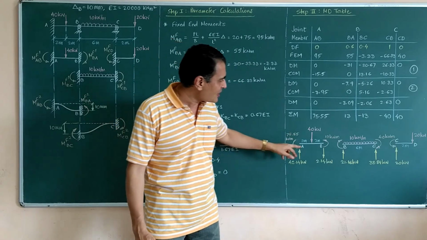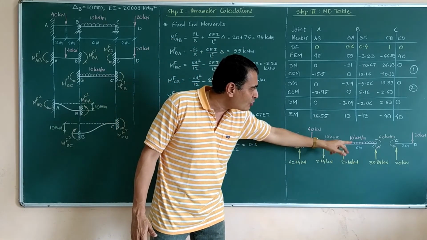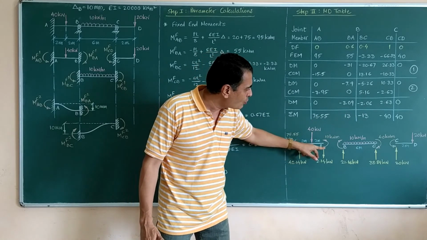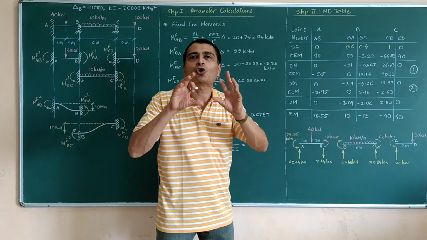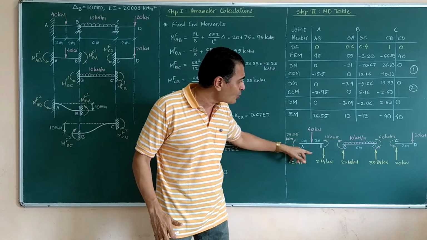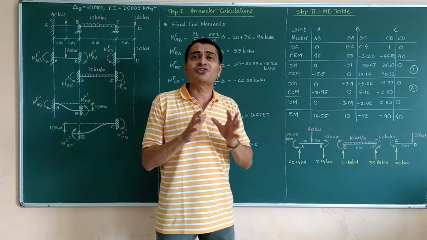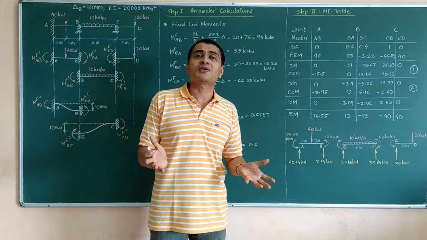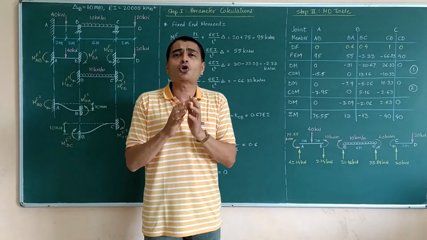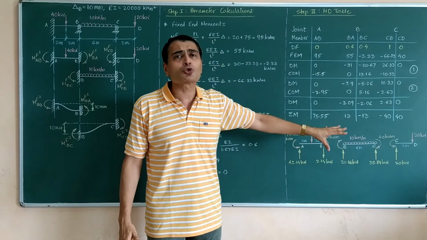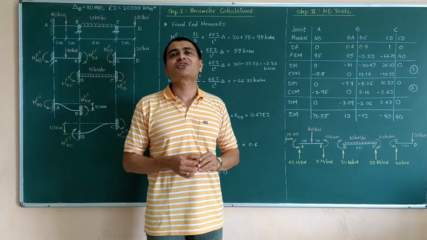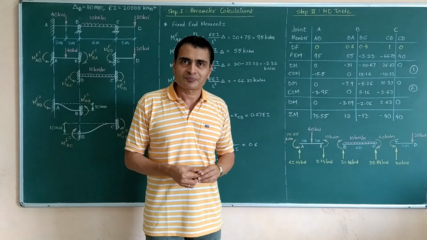After these end moments, I draw the FBD of AB, FBD of BC, FBD of CD according to positive or negative signs. I draw those end moments. Using sigma M, sigma Fy, I find out these end shears, and once this is done, you are going to develop the SFD just for the sake of calculating or drawing the BMD. You need not draw the SFD directly from this also. It is possible to develop the BMD. So after the FBDs, your last step is developing the BMD.